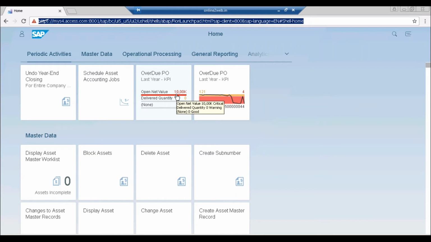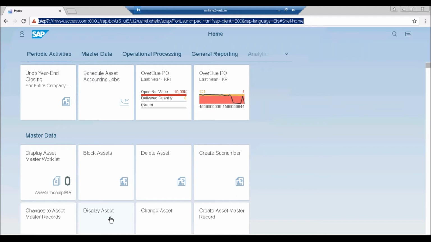At the same time, if the MD, or the CEO, CFO of the company are logging into SAP Fiori, they are not going to do any transactions. Normally, apart from high level releasing, they are not going to do any transactions directly in the system. But they are more interested in seeing the reports. And in reports also, they don't want to see a single asset. They don't want to display a particular document. What they are more interested in is the global level reporting or the dashboards kind of thing.